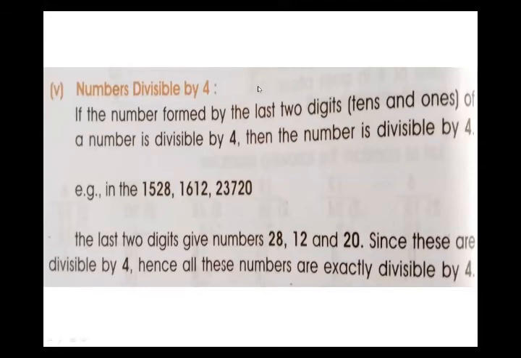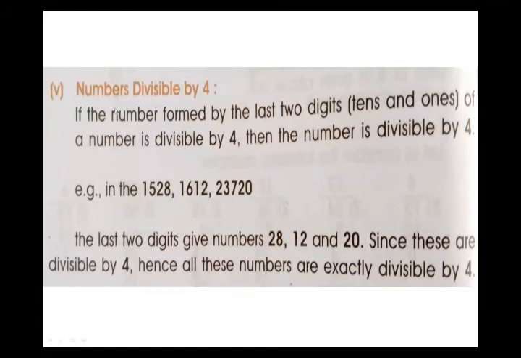For the divisibility of 2, we say that if the number in the ones place is 0, 2, 4, 6 or 8, all these are even numbers. So if you have an even number in the ones place, then the number is divisible by 2. I'm just revising the divisibility of 2. Then in today's lecture we discuss the divisibility of 8. In the divisibility of 8, we pick the last three digits, and if the last three digits are divisible by 8, then we say that the number is divisible by 8.